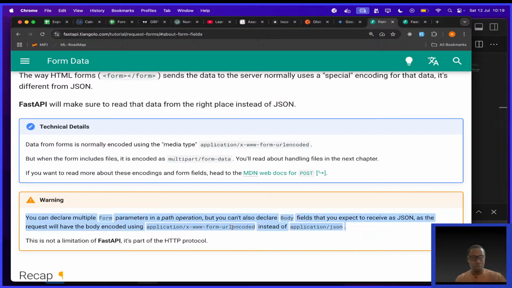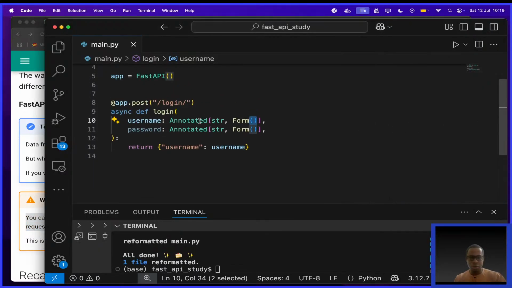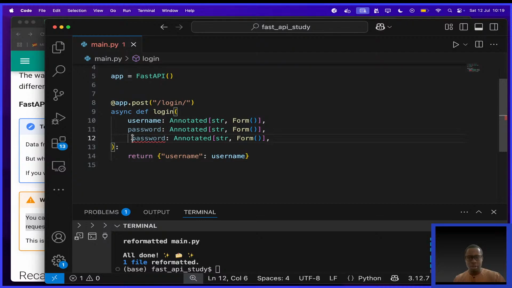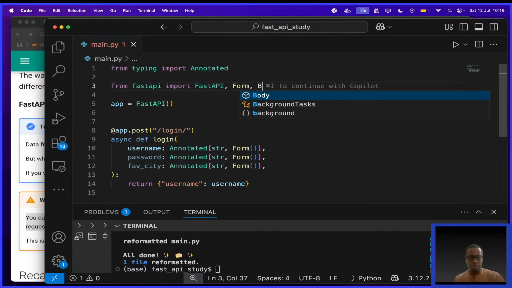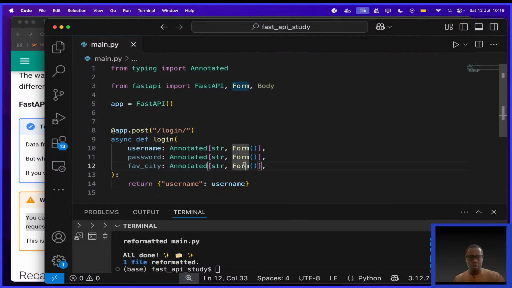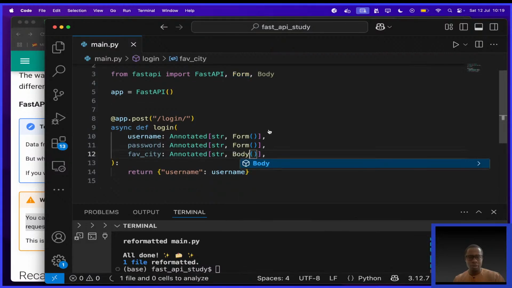So yeah, this is good information to know. It will reduce actually frustration, okay? Because you may try to have form parameters. So like you see here, we have two. These are many, okay? But they're saying we cannot do this. And maybe I come here, then I say maybe you want to put favorite city, okay? But favorite city is going to come from the body. Then I say Body. Okay. Then I come here and I say Body. Okay. They're saying